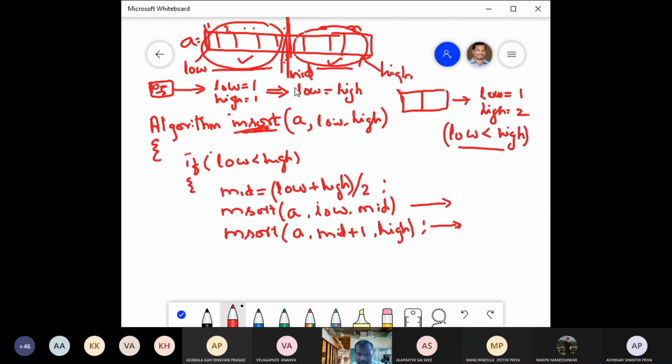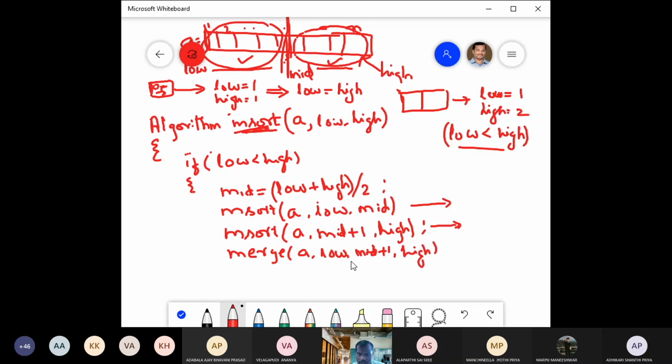Now these two sorted lists are to be merged. So for merging into a single sorted list, we call another function, merge. A. What are the ends for merging? Low is the first end of first part, and mid plus 1 is first end of second part, then high.